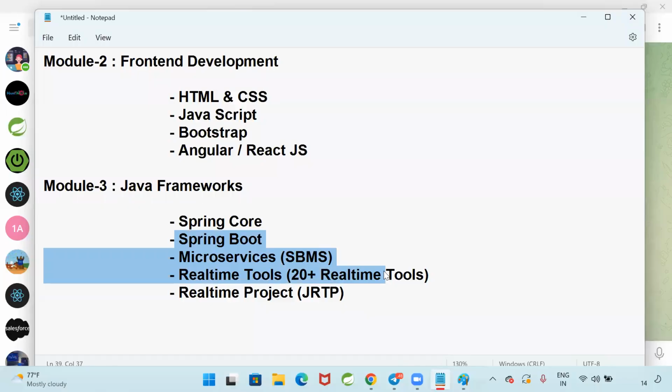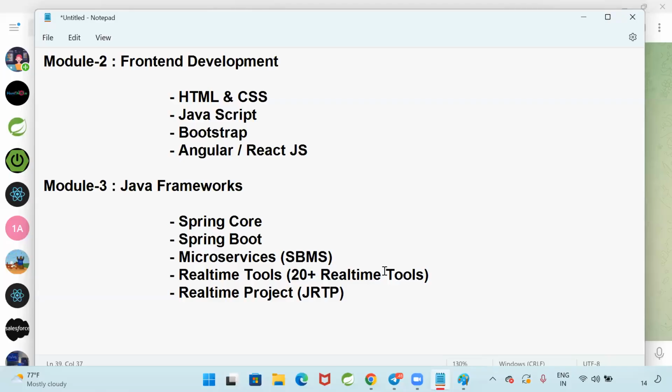Now there is no competitor for Ashok IT with respect to Spring Boot microservices and Java real-time project, because in the total 9 years of time, whatever I have learnt in IT, whatever I have done in IT, whatever is there in my brain, everything I am going to teach as part of module 3 as of now. So this is my first batch for Java full stack development.